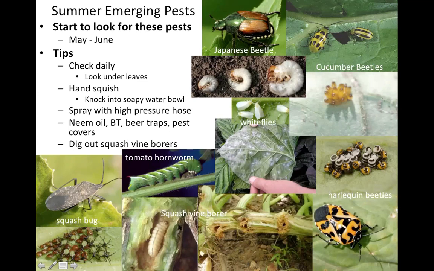Squash vine borer, we're gonna have a whole slide on that. Really awful guy. If you ever have a huge section of some kind of squash plant just die off, check the base and you see some holes in there. It's because a little maggot guy has crawled in. Cucurbits and squashes have hollow branches, so they'll just go in there and start eating everything inside that branch. So you have to get a sharp knife and cut it open so you can